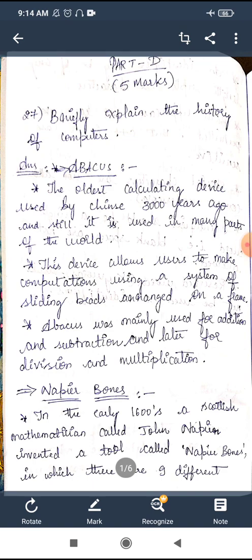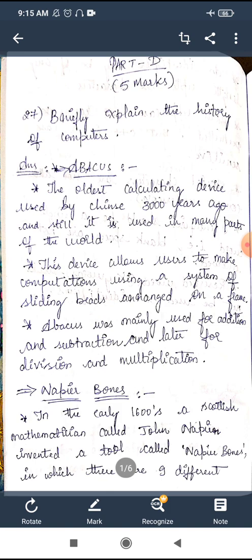So in this session I am going to discuss model question paper 1, 5 marks questions. In the previous sessions I have discussed 1 mark, 2 marks and 3 marks questions, that is part A, part B and part C. In this session I am going to discuss some of the questions from part D of model question paper 1. I hope you all are understanding all the concepts, which is a revision. All of you might have already gone through these concepts, and everyone should write these questions in the assignment book. Okay, so let us begin with the first question of 5 marks.